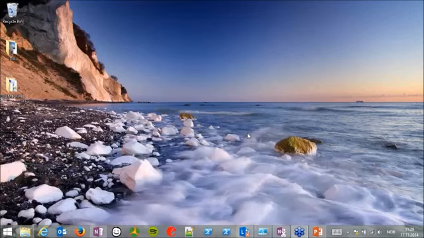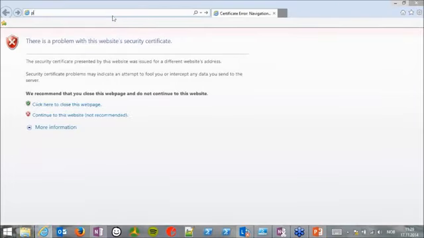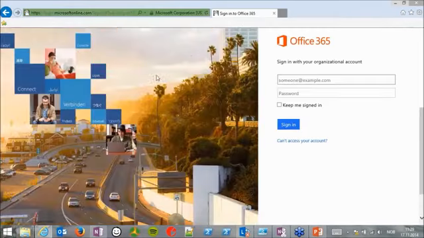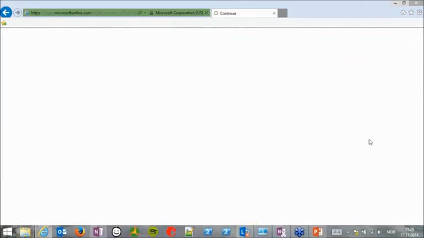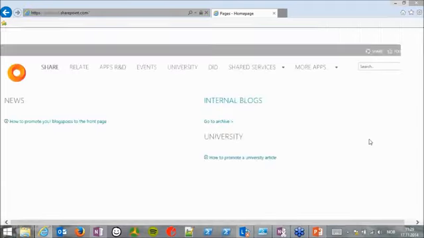So hopefully now you see my desktop. Let's start up the browser. First of all, this is not a domain-joined server, so it's much better to show you the login. So actually what I do here, I'll log in with my organizational account there inside Office 365. Password. Okay, so as I told you on the steps there, what you have here now is the intranet with